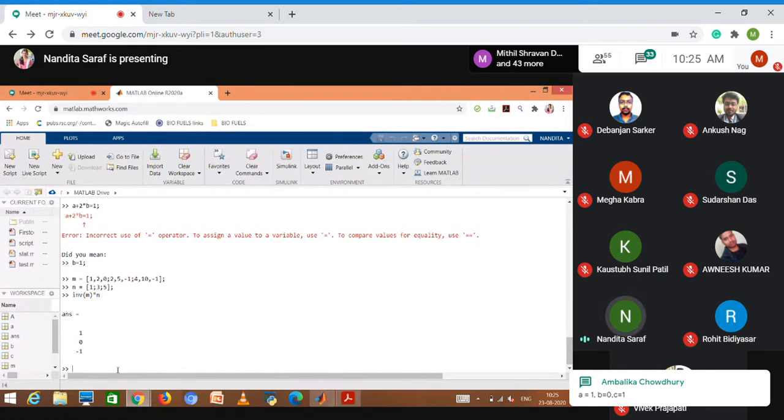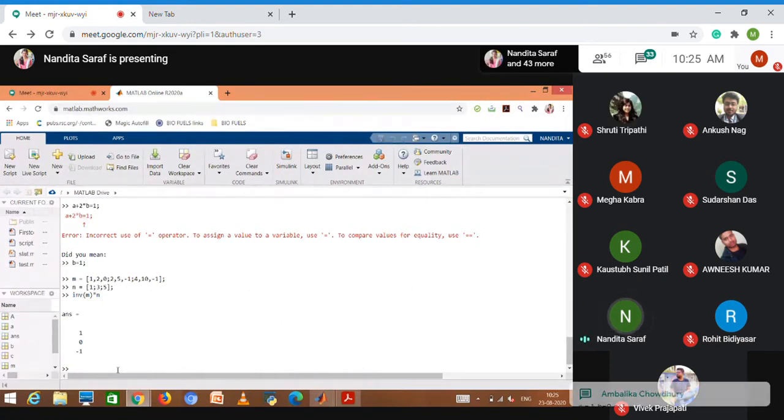So you just have to invert the matrix and multiply it with the column matrix to get the answer.